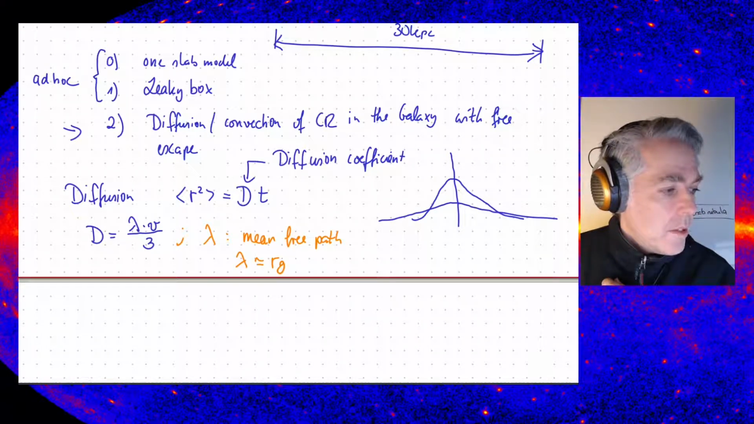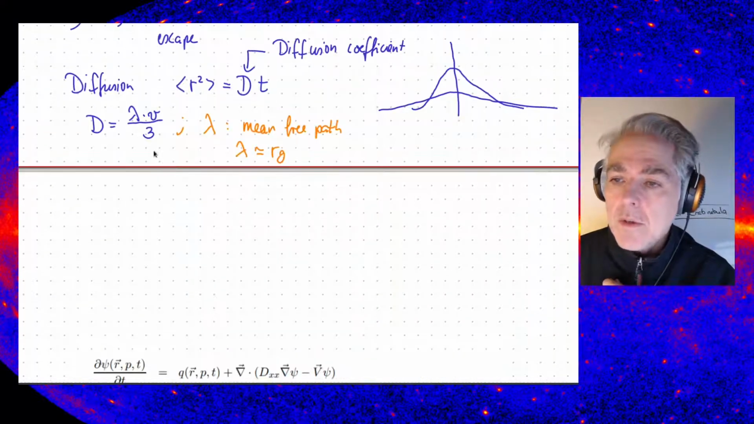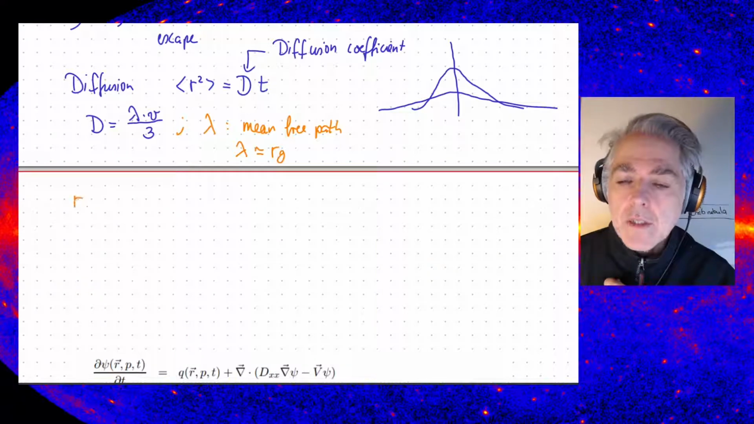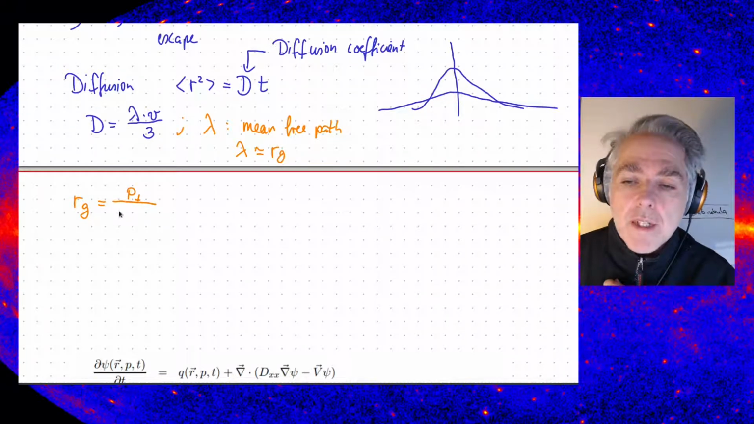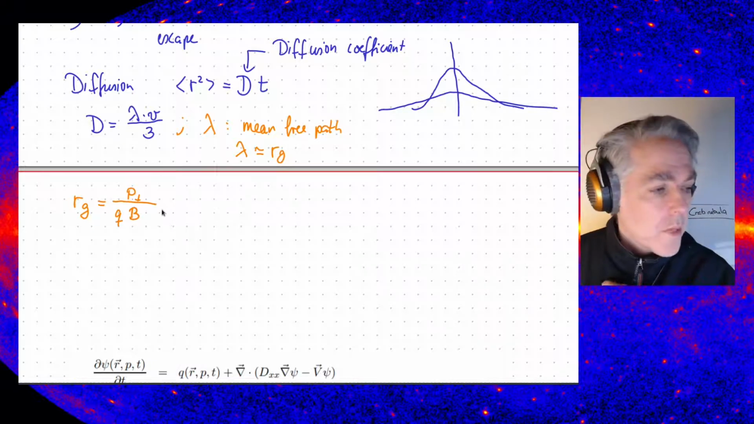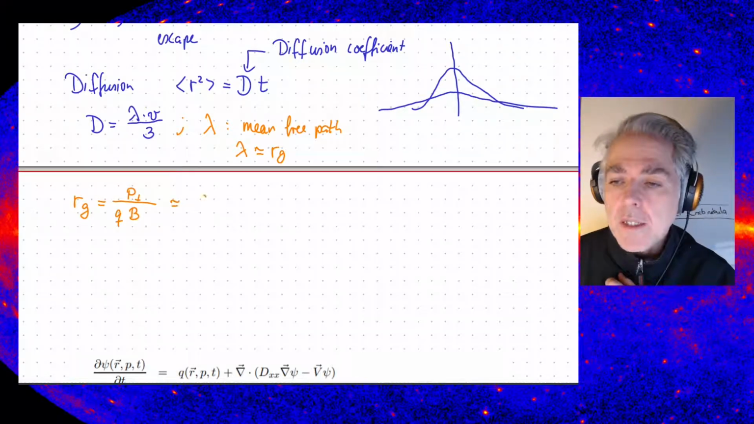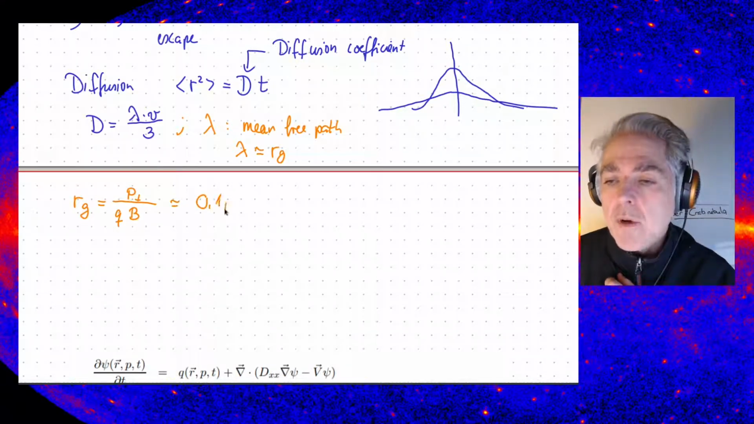And how big is the gyro radius? Let's write that down for a moment here. So the gyro radius is given by the momentum perpendicular to the B field divided by the charge divided by the magnetic field. And as an example, so that you have an idea how big that is, the gyro radius is about 0.1 parsecs